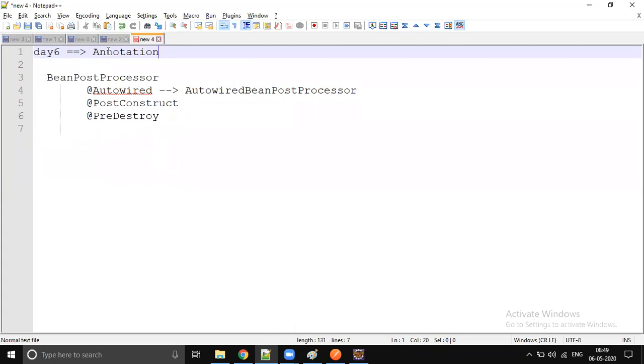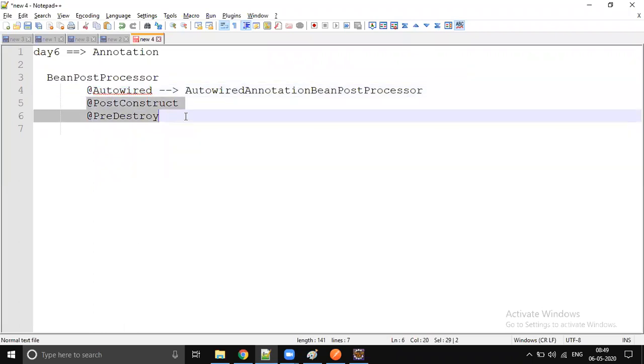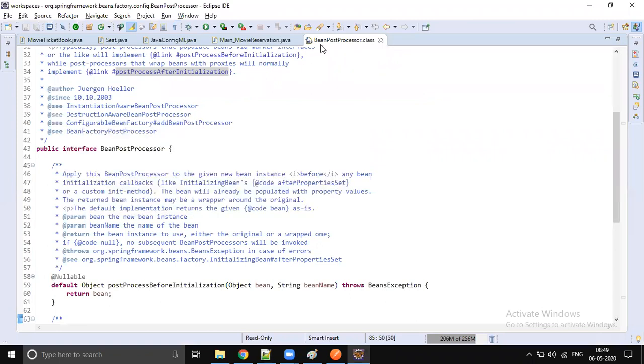Even Spring wrote the AutowiredAnnotationBeanPostProcessor, who takes care of the Autowired annotation. Similarly, we have the InitDestroyAnnotationBeanPostProcessor to take care of PreDestroy and PostConstruct.